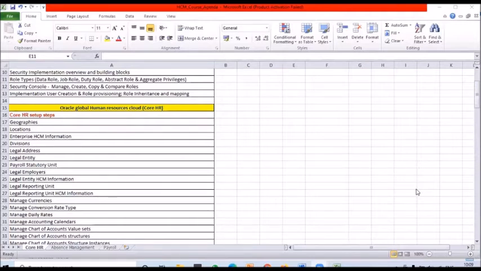Which roles did you assign? I assigned the application implementation manager role, but I don't see the setup and maintenance navigation. Where are you trying to find setup and maintenance, under others or under user? Under user. Okay. Under user, it's not available. You should go to tools. Under others, you can see setup and maintenance. For the manager and functional setup user, only the consultant can see setup and maintenance under user.